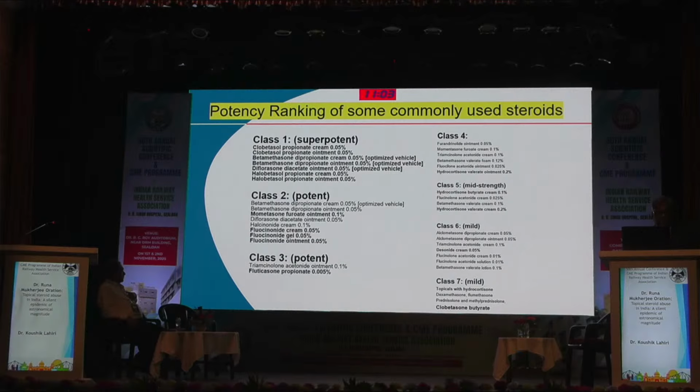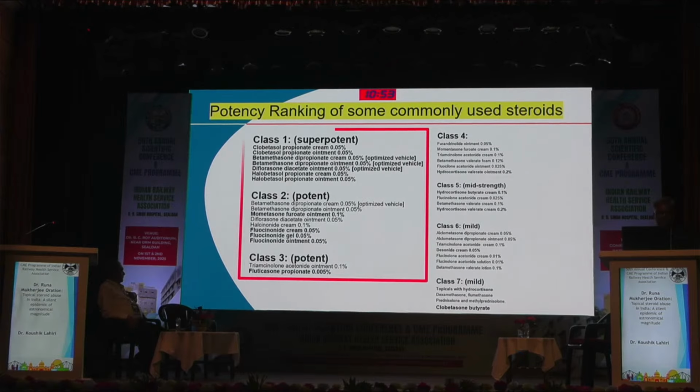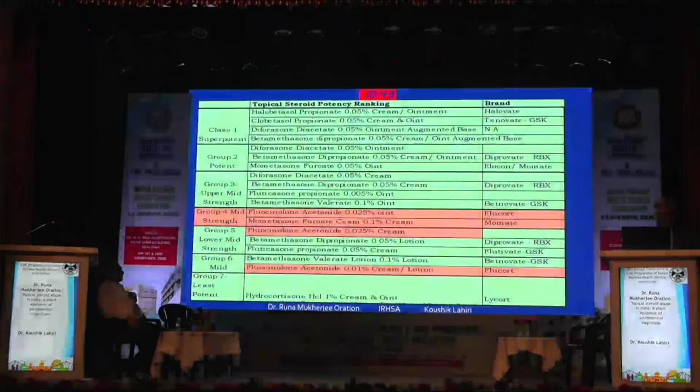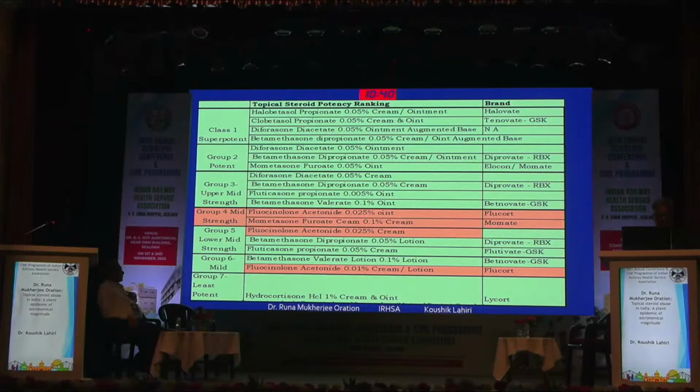For non-dermatologists in the auditorium, there is a classification, a potency ranking among the commonly used steroids, from the superpotent to the mildest. In the superpotent we have clobetasol, betamethasone or halobetasol, to potent like fluticasone, to mildest like hydrocortisone. So it's good to remember that clobetasol is actually the most potent topical corticosteroid, and clobetasone, which you can use in babies, is the least potent. So this is often